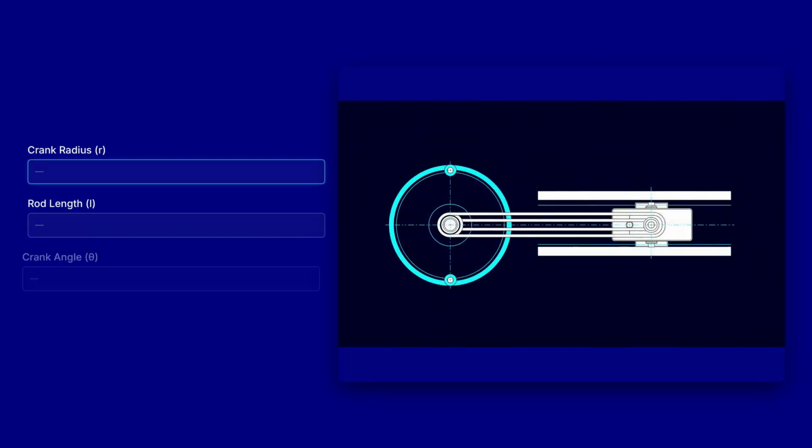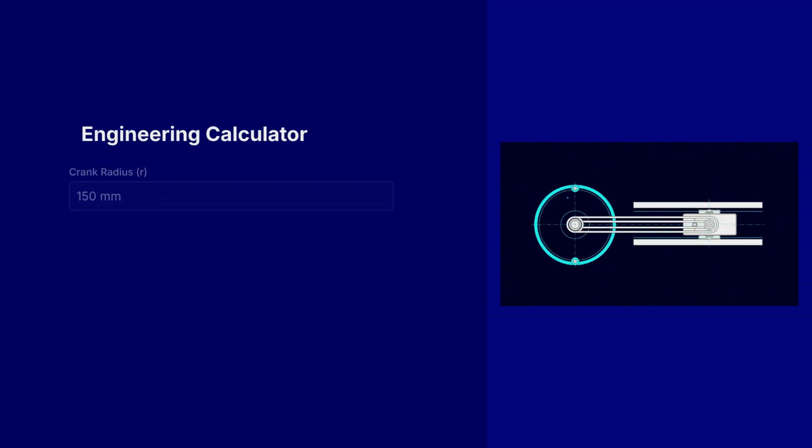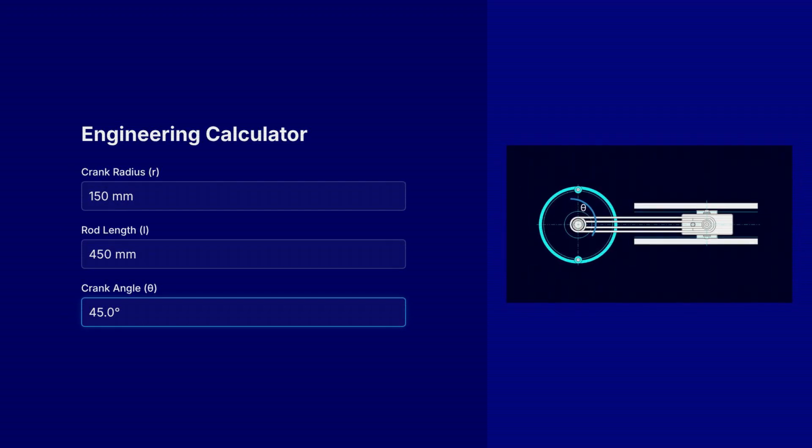First, we have crank radius, R in inches, where you enter the distance from the crank's center of rotation to the connecting pin. Next is rod length, L in inches, which is the distance between the crank pin and the slider pin. Finally, there's crank angle, θ, in degrees, representing the angular position of the crank measured from the horizontal